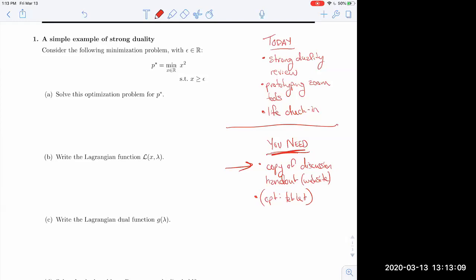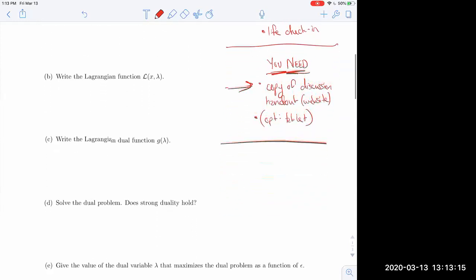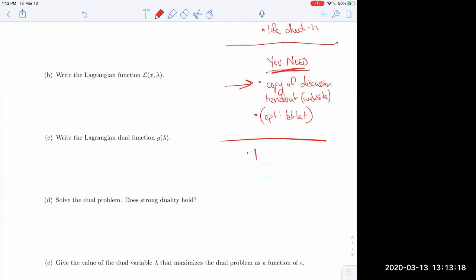So I want to do a brief list of the tools that we're actually going to look at today. The first is just Zoom in general. We're learning all of these tools together. The second is this whiteboard iPad. I'm listing these because I want you to be thinking about them as we do this discussion section, so that you can report back on which pieces of it were effective or not effective.